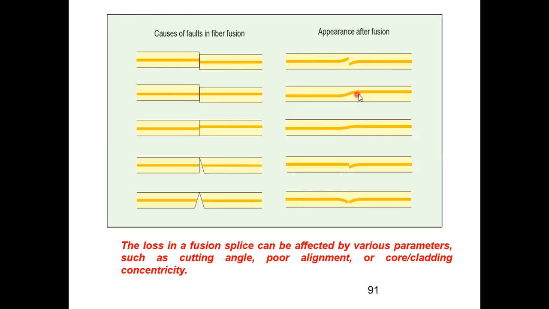Here, due to this bend, micro bending, some losses will take place, but still the light will go ahead. In the first case and the last two cases, total discontinuity will be there. So if we are not doing the process of fusion properly, losses will be induced. Just imagine we have just fabricated the fiber and we are joining it for long haul communication, and in that joining process we ourselves are introducing the loss.